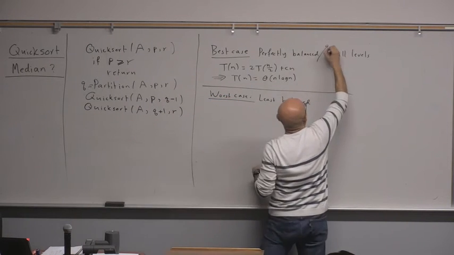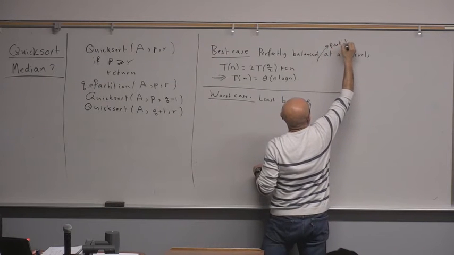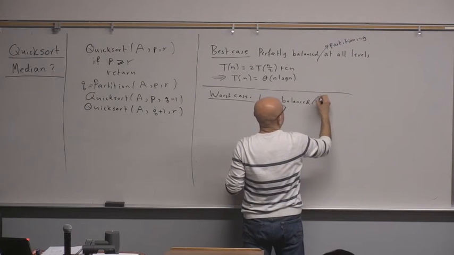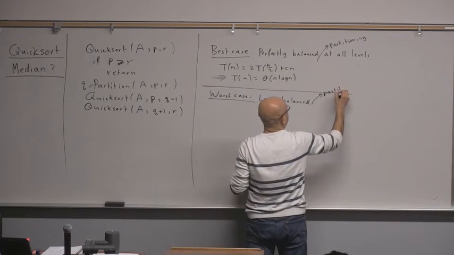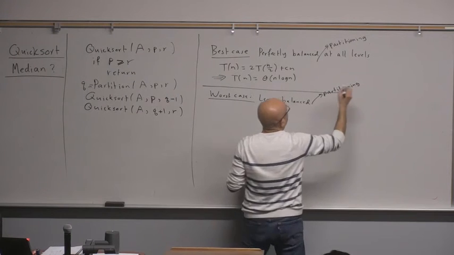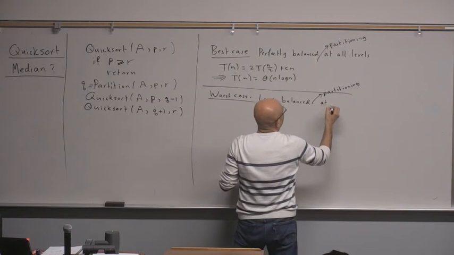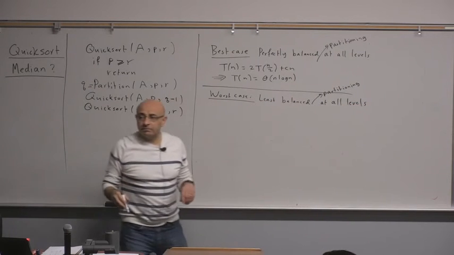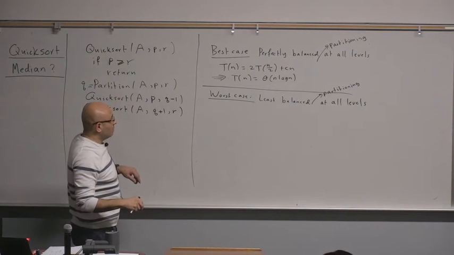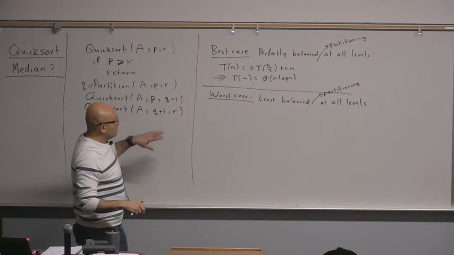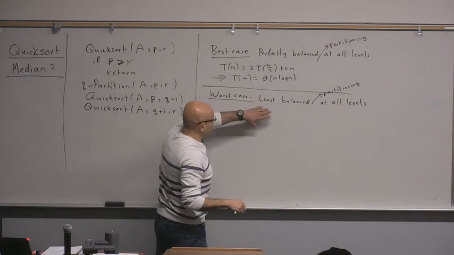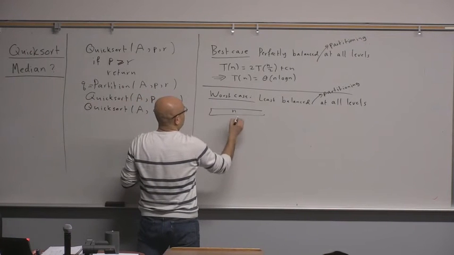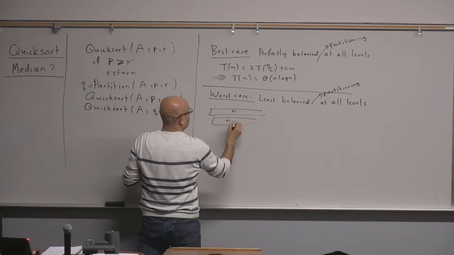So perfectly balanced partitioning, and this is least balanced partitioning at all levels. Okay. So when it's least balanced, we said that we will get something like this, n minus 1,